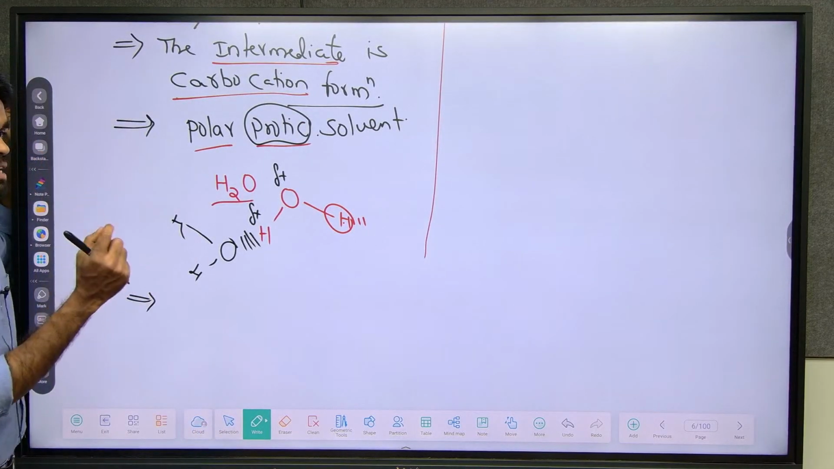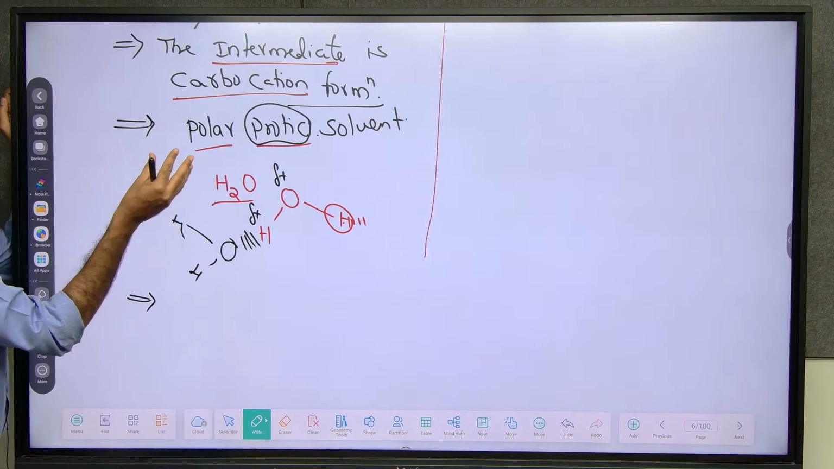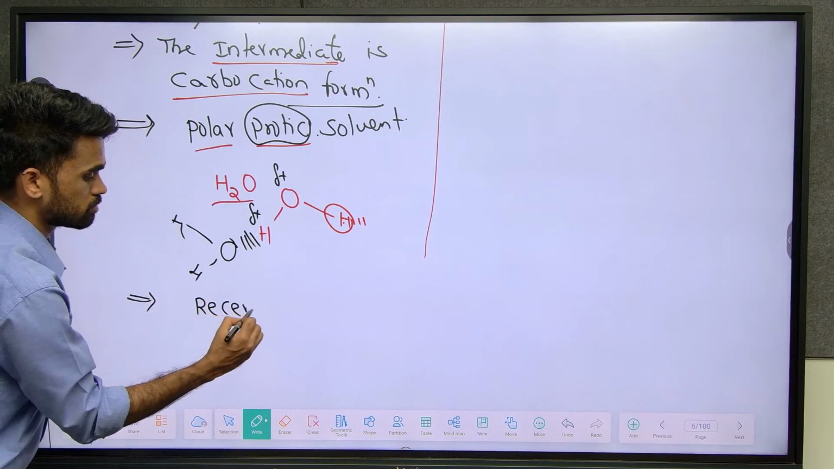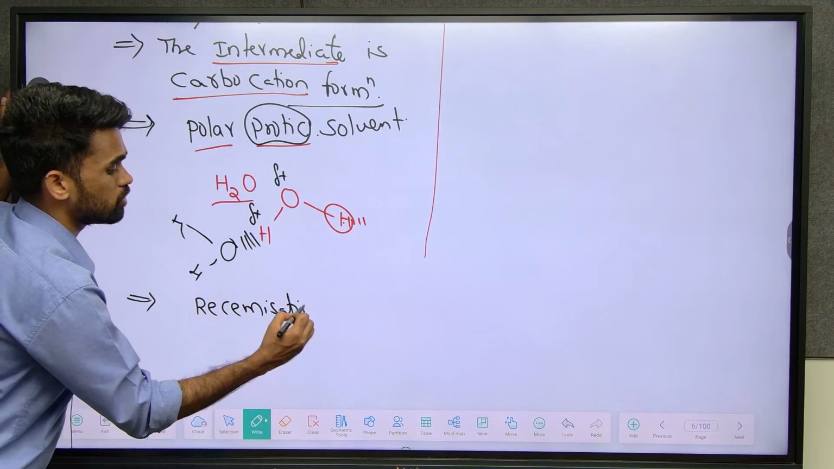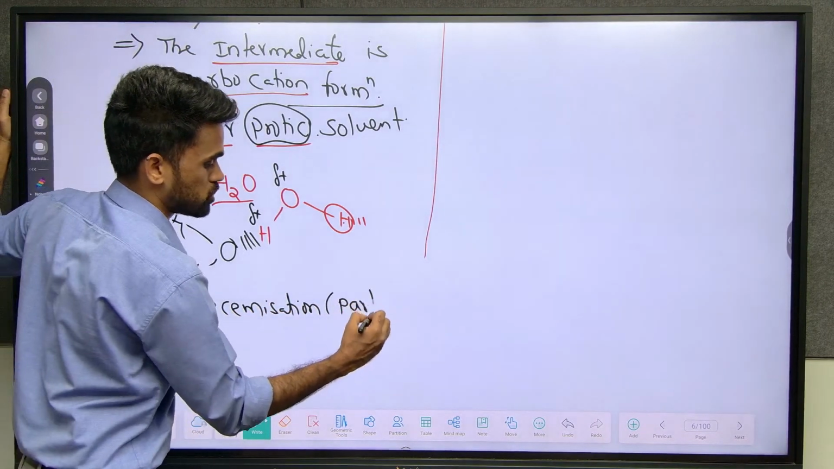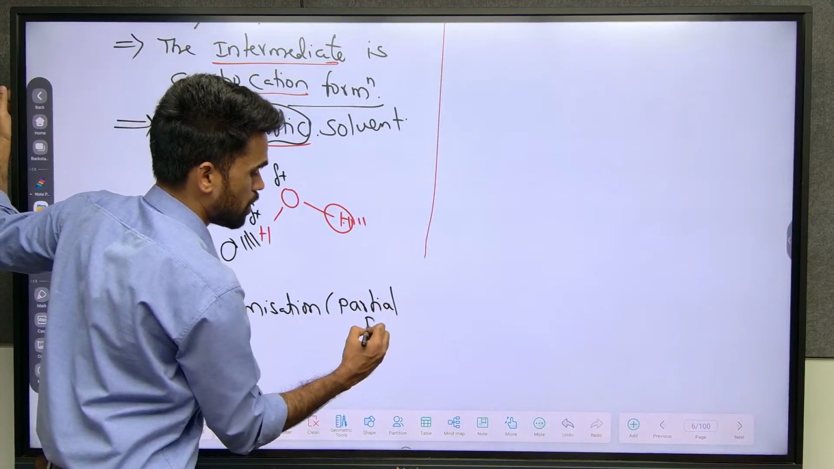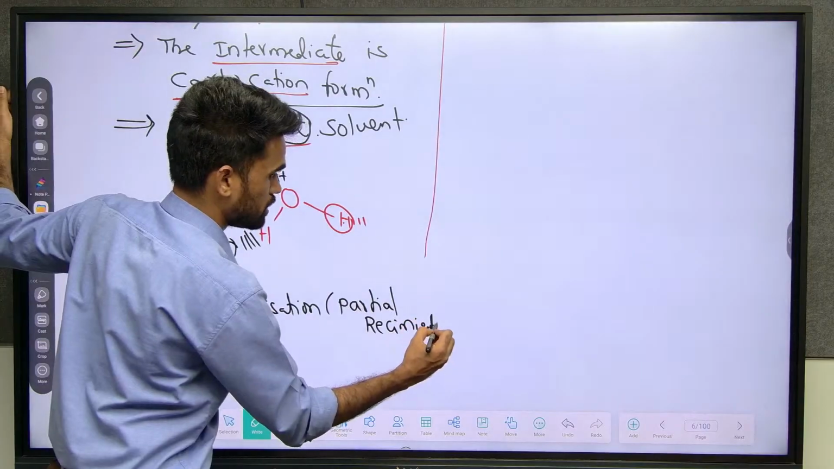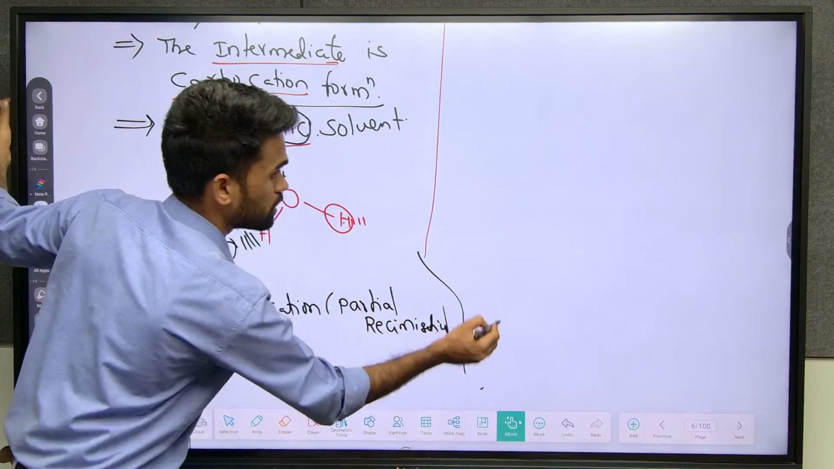Next one, there is something called stereochemistry. Again, the product stereochemistry here is observed as racemization, or you can also remember it as partial racemization. Sometimes it is mentioned as partial racemization. You can write this properly. Okay. Next one, here